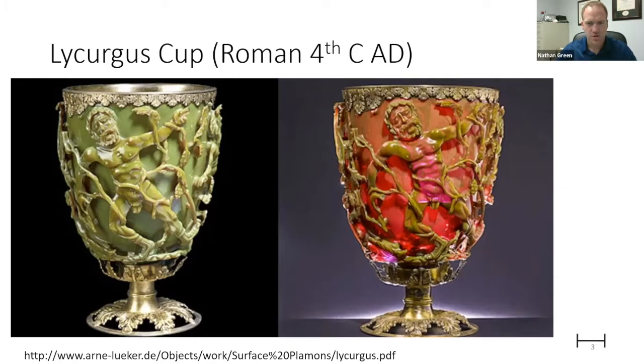That is kind of this green color, and actually, can you guys see my cursor if I use a mouse? Yes, I can see it. So it's got this kind of green color when you have light shining on it, but when you shine light through it, so this is backlit, you can see that the cup looks red. And there were a couple of these cups that were famous for this. They were thought to be kind of enchanted,